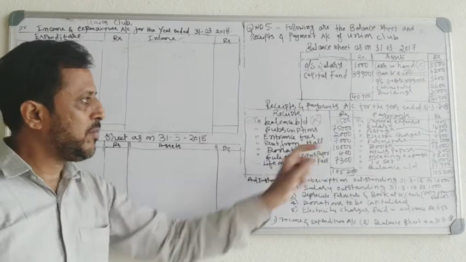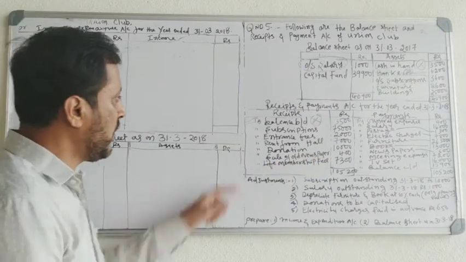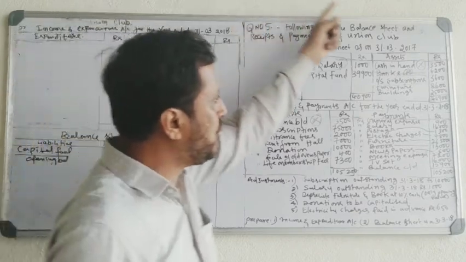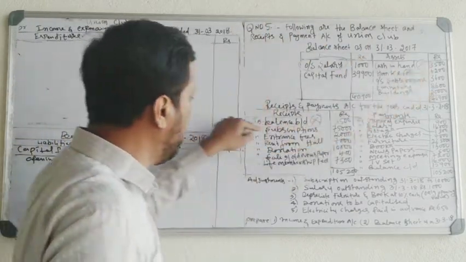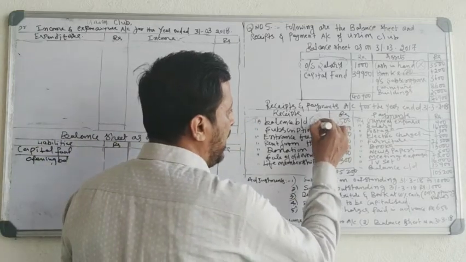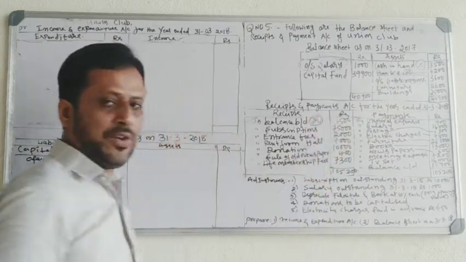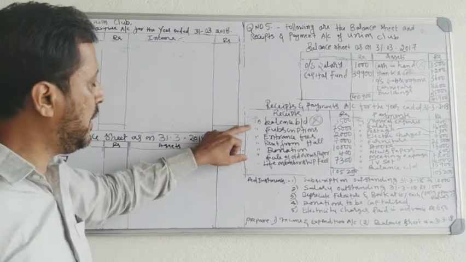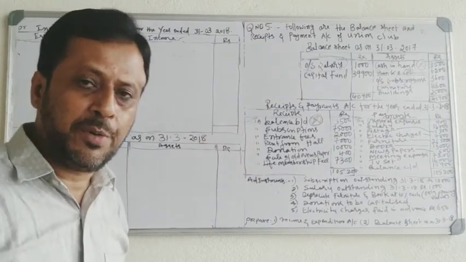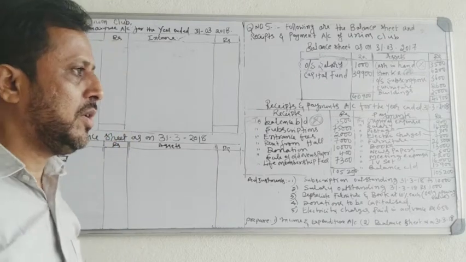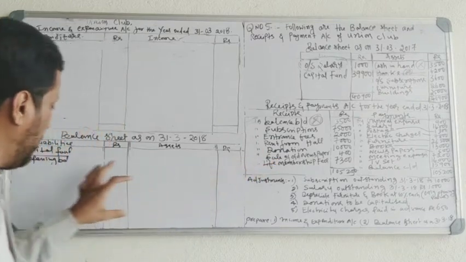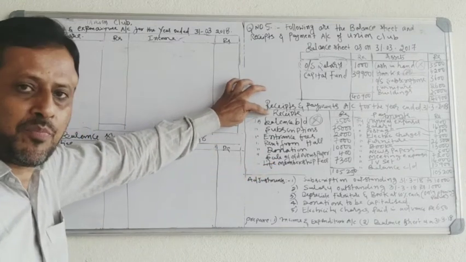Now go to the receipts and payments account. In the receipts and payments account, you have 2 balance brought down. This is last year's balance, cash in hand 3,500, that is brought down to 2018, 3,500. This is last year's balance, so don't record it. Then after that, you have to see the other items, whether they are capital items or revenue items.